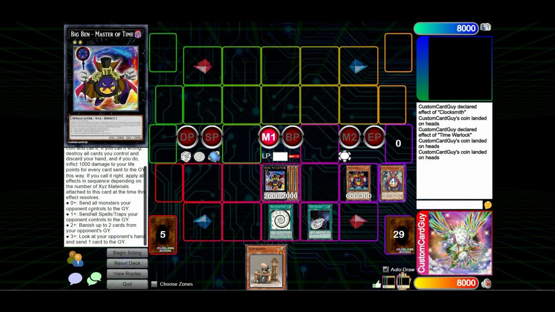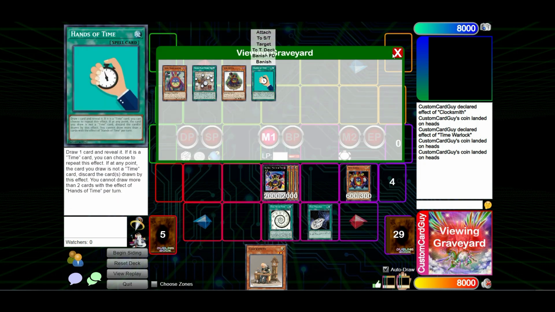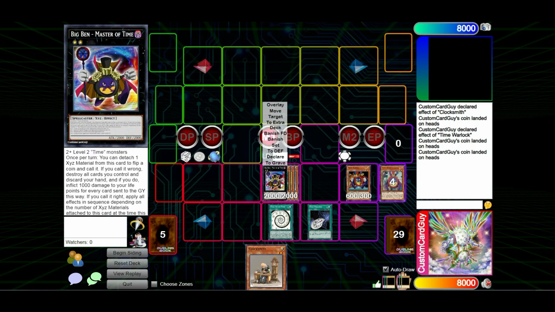We'll send all the spells and traps our opponent controls to the graveyard. They don't have any since this is the first turn of the duel. Banish up to 2 cards from our opponent's graveyard. Again, they don't have any. And then we get to, since it has 3 materials left, look at our opponent's hand and send 1 card to the graveyard. So since we've sent 1 card to the graveyard with Time Warlock and also with Time Master of Time,